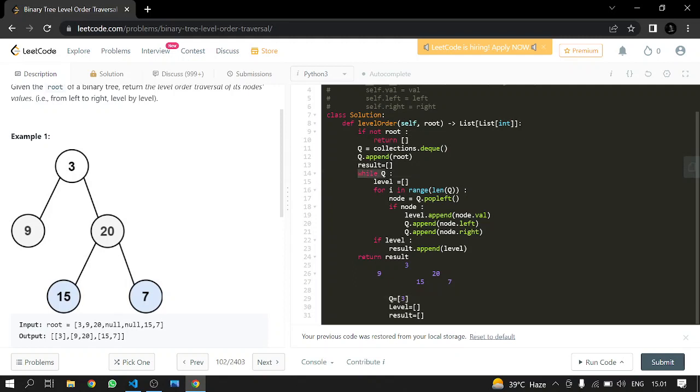The queue is not empty, so we will enter the loop, and the level is not empty. We can see the length of queue is 1 at the first point. The length of queue is 1, so this part of the code will run only one time. So we will just pop the queue out of the stack